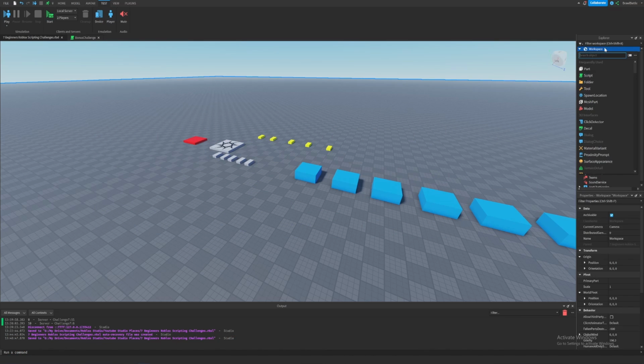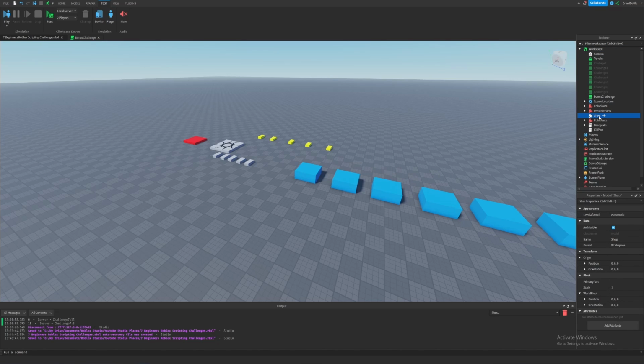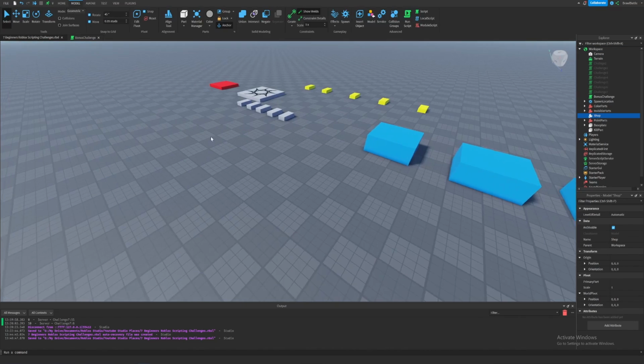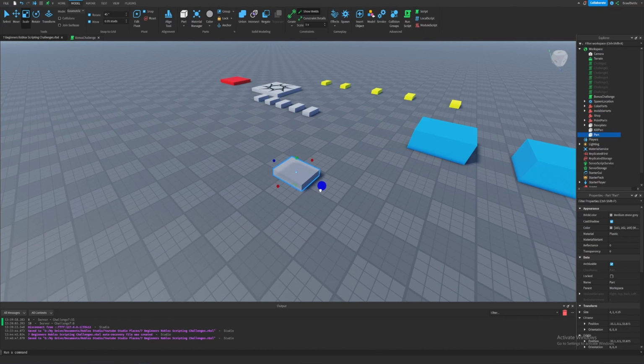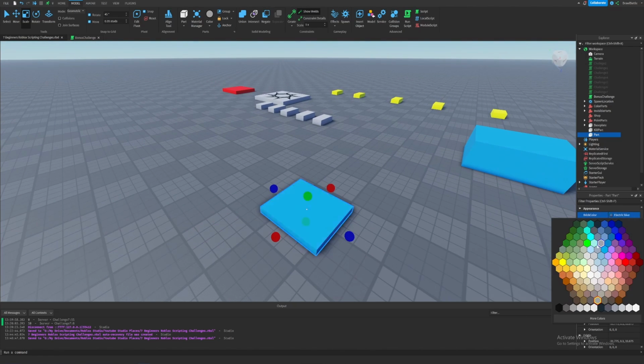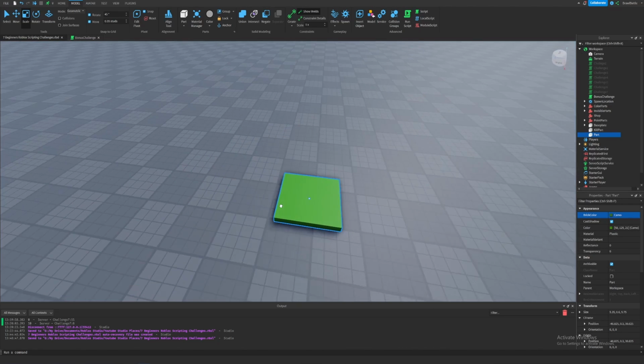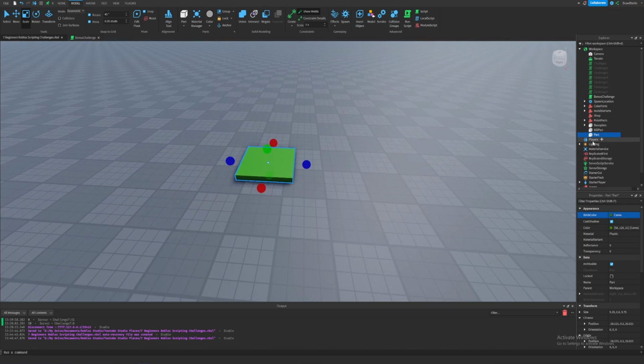So first thing, we're gonna create a model inside of workspace. We're going to call this shop, and then we're going to make some parts here. So we'll just make it look like this. We'll make it a little flatter to distinguish a button. We're gonna make this green, let's say. We'll move this over here. Okay, and then we're going to give each item a name. So we're gonna call this one